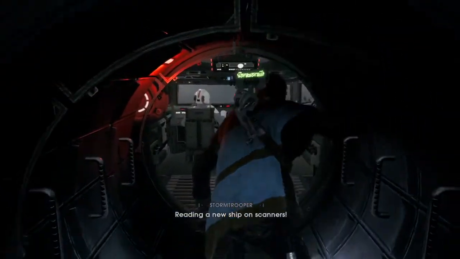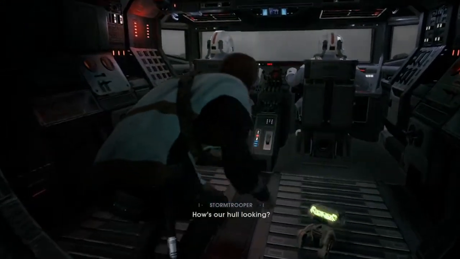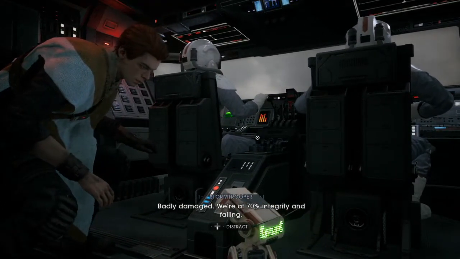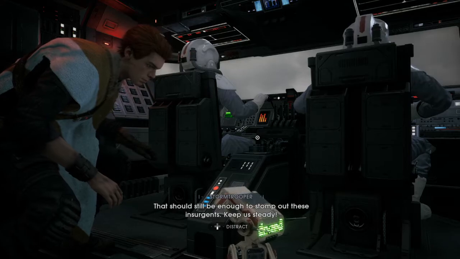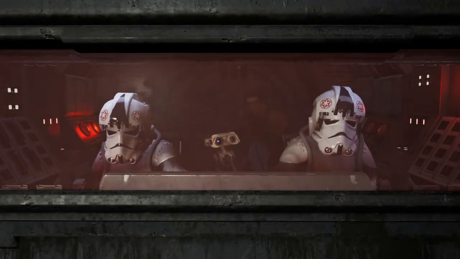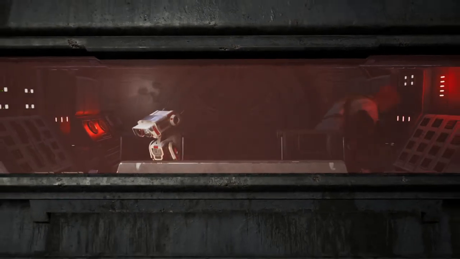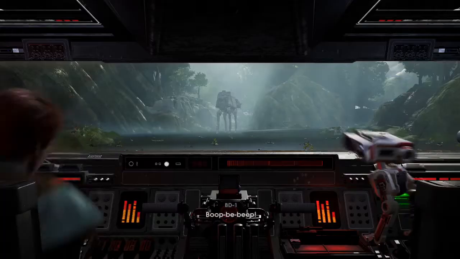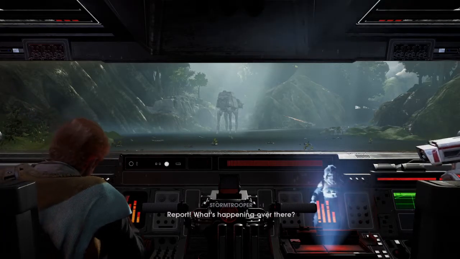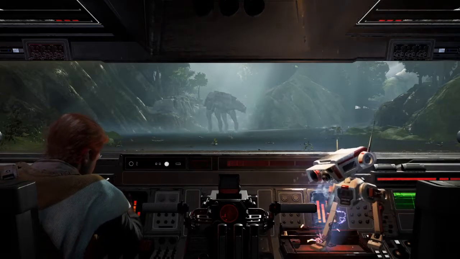Reading a new ship on scanners. They brought more firepower than we thought. How's our hull looking? Badly damaged. We're at 70% integrity and falling. That should still be enough to stop these insurgents. Keep us steady. Yes, sir. Huh? Really, that actually worked. Okay, throttle. Report. What's happening over there? You are in violation of Imperial 207. Stand down or we won't have...